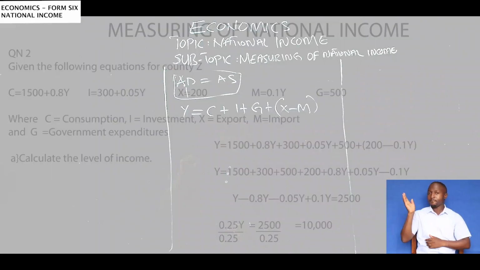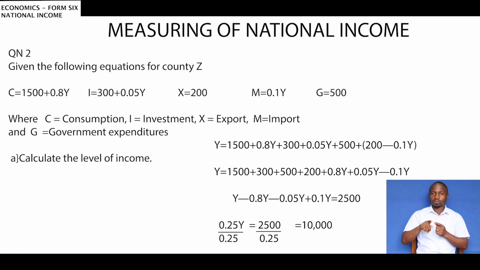So C, we have 1,500 plus 0.8y, plus I, we have 300 plus 0.05y, plus G, we have 500, plus bracket X, which is export, we have 200, minus M, which is import, 0.1y. So the level of income will be equal to, we have to collect like terms,